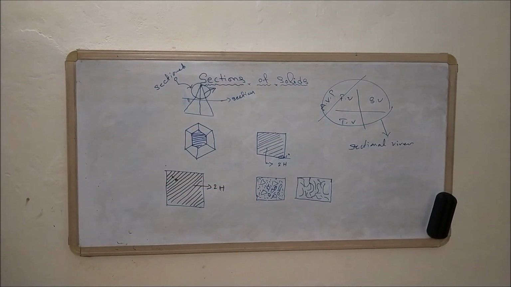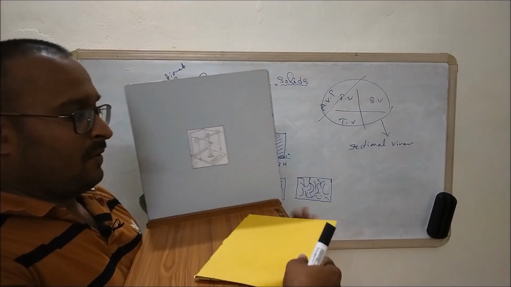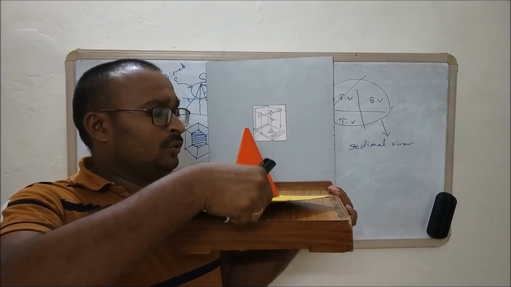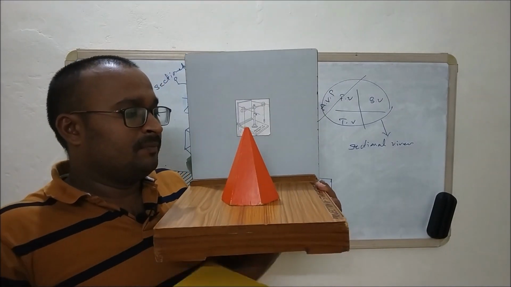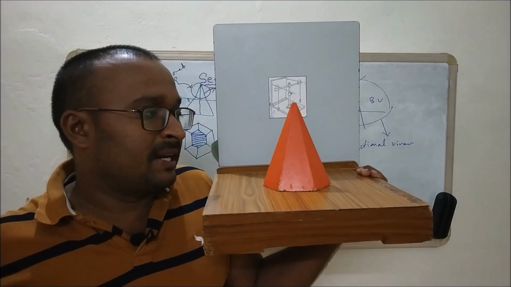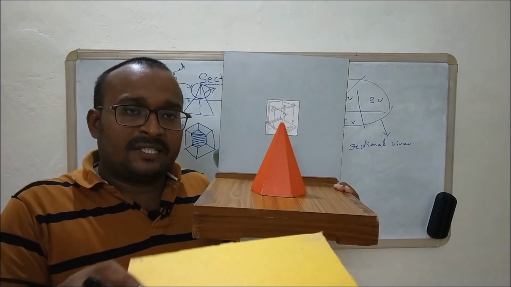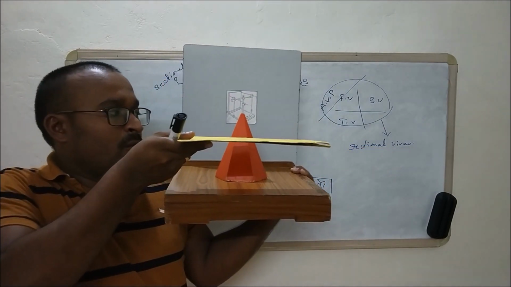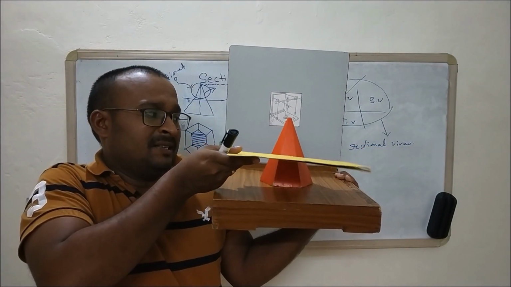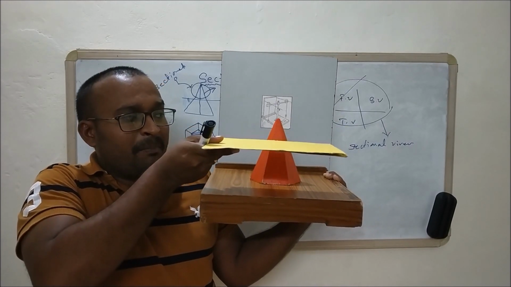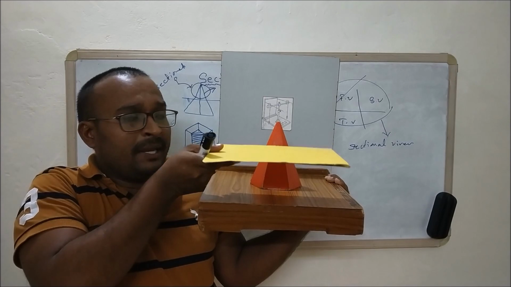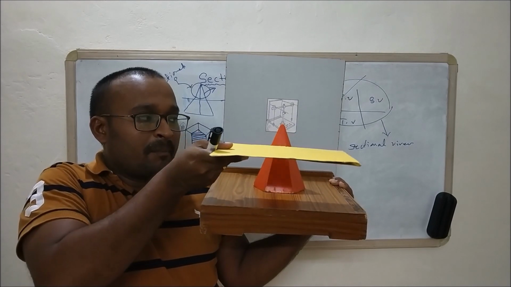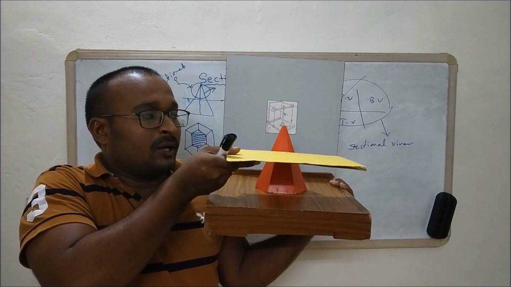Now we will see, here is the vertical plane and a horizontal plane. If you want to know the inside information of this particular solid, then we need to cut it by using an imaginary plane. Here this is an imaginary plane, we are going to cut it, right? So now how is the imaginary plane placed? Parallel to the HP and perpendicular to the VP. So this is the one condition we have, right?